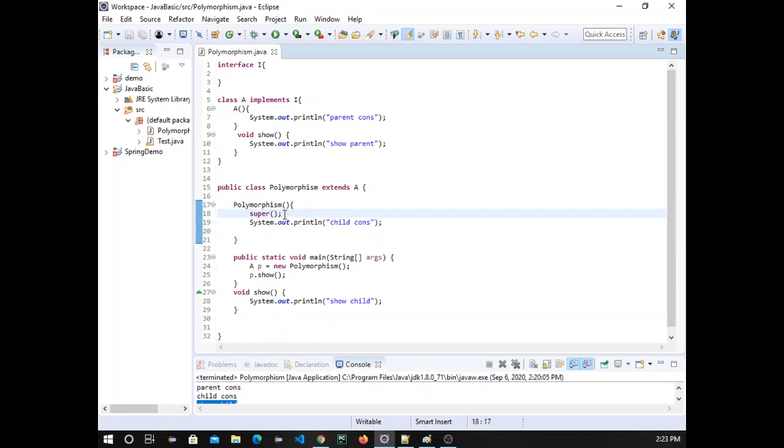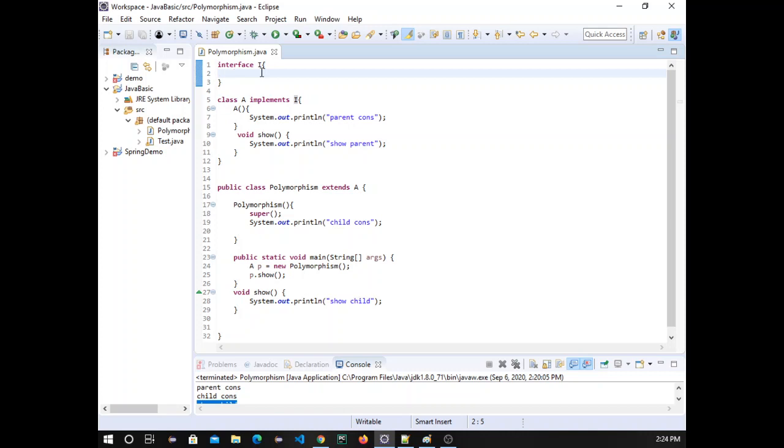So the first line of the constructor will call super, this will come here, and this one is implementing an interface. So what will happen? The first line of this will call the constructor of this one or the constructor of Object.